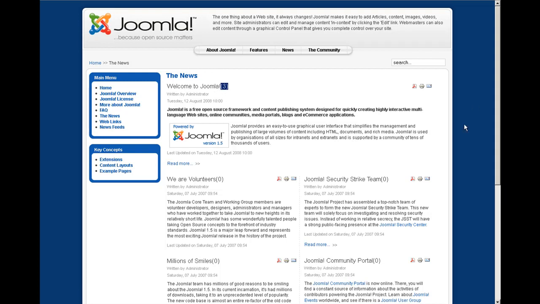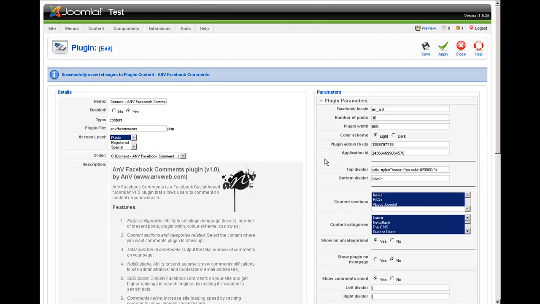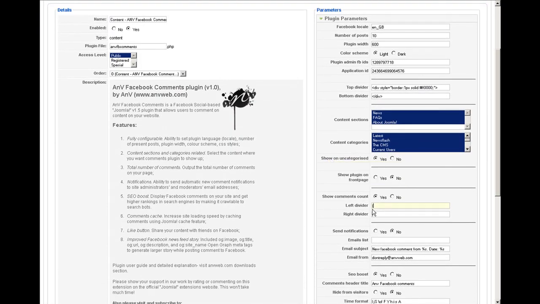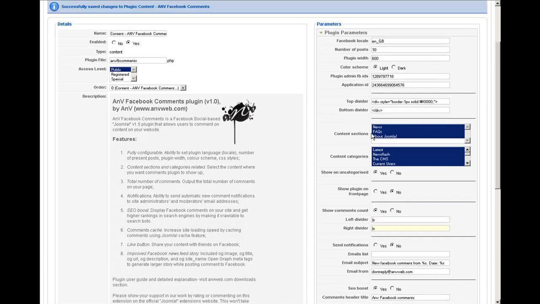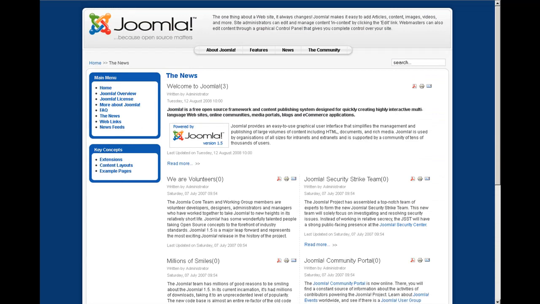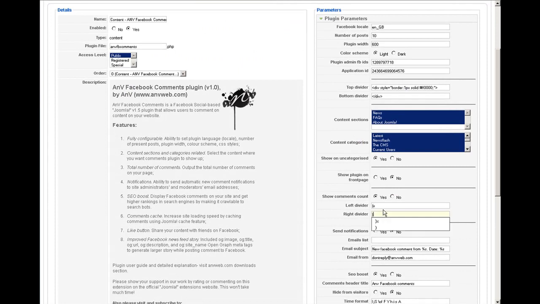Okay, so these left dividers, right dividers, you can put your symbols here. Let's say these symbols, and just refresh, and here you go. Okay, so just to leave that brackets,